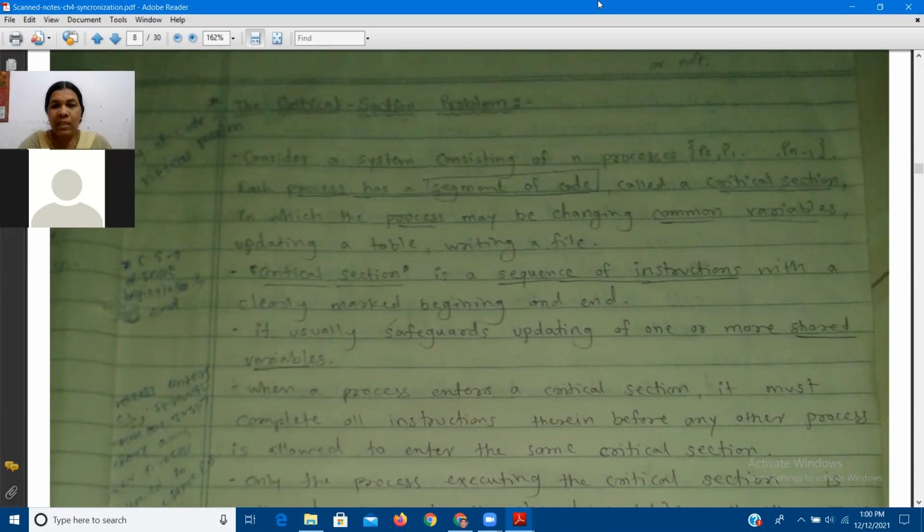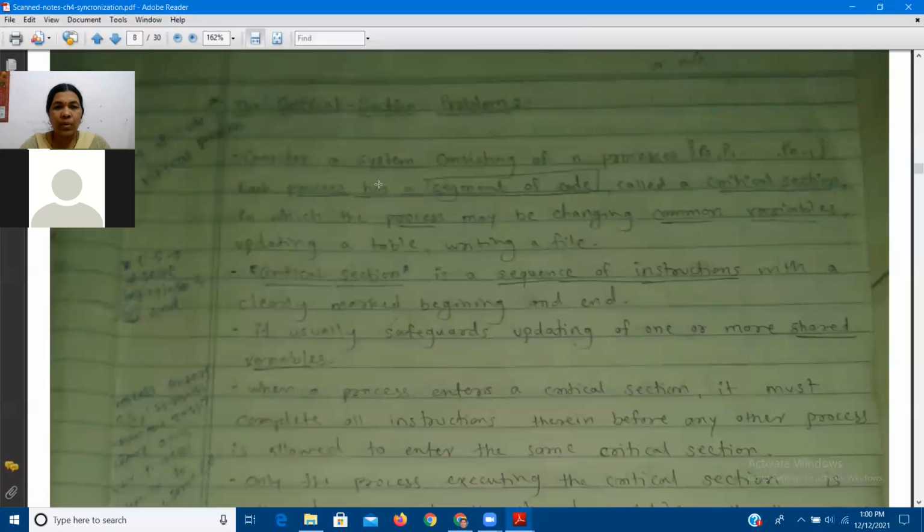Further, what is this critical section? It is a segment of code. It consists of a number of instructions, like our program. Our program consists of a number of statements, and each statement is further converted in terms of processes. And what is a process? It is a set of instructions. Like that, this critical section is also a segment of code. Some part of the program code acts as a critical section, and each process has its own critical section.